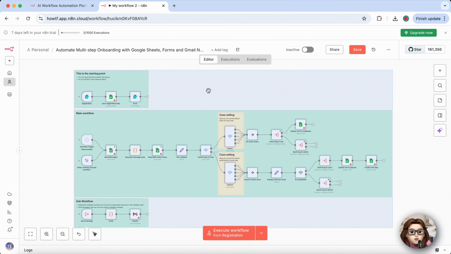And that's it. In just a few minutes, your JSON file is now part of your N8N workflow, ready to